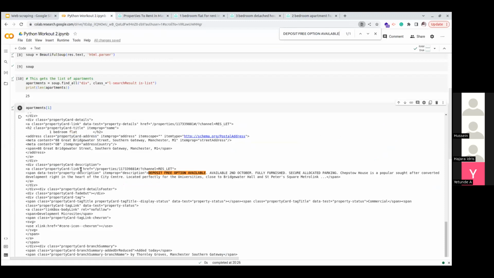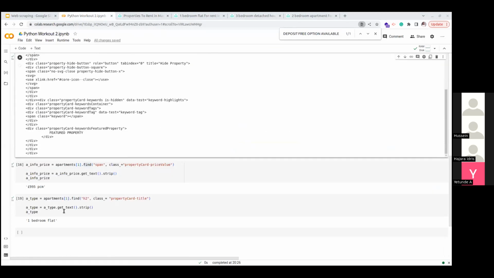Okay, so thankfully it's inside the span data test, but there's no class here, right? There's no item prop. So the way to do that is through something else. So I'm going to show us how that is done straight up.